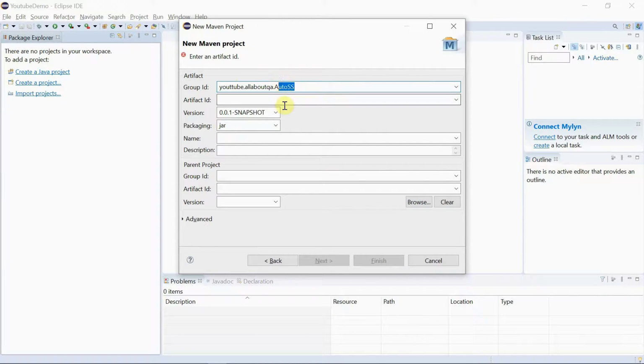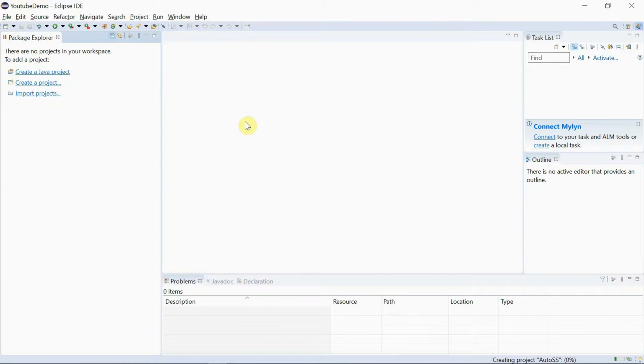So this is my project name. Basically, this group ID is about your organization and your artifact ID is about your project that you can give here. I'll give autoSS, SS for screenshot. Version will be 0.0.1. Packaging, I'll keep it as jar. I'll click on Finish. It will take a few seconds.